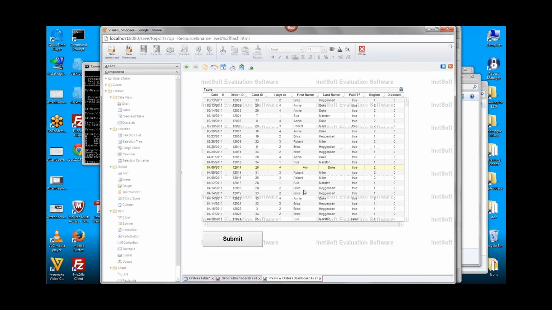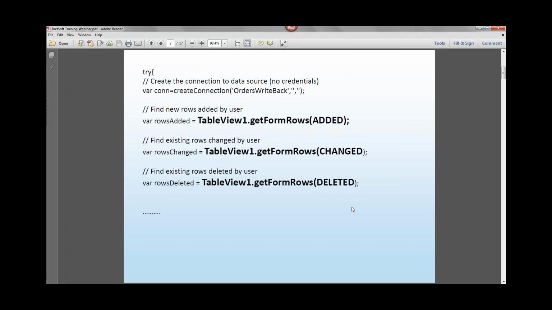Right, now, generally, when you get to the point of really rigging this up in its full glory, probably what you would want is that when the user submits the values, you'd want that highlight to go away. Well, again, that's kind of a design decision, but if you don't make the highlight go away, then it will be hard for the user to know, looking at the table, what values were already submitted and what values were not submitted, and so on. So there's a very simple command that allows you to clear that highlighting, and let's see if I have it on the slide. I think it's on the second page, actually.